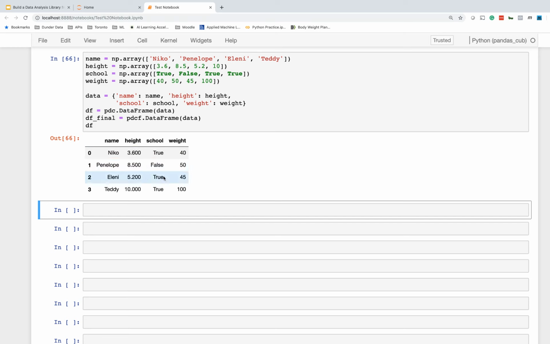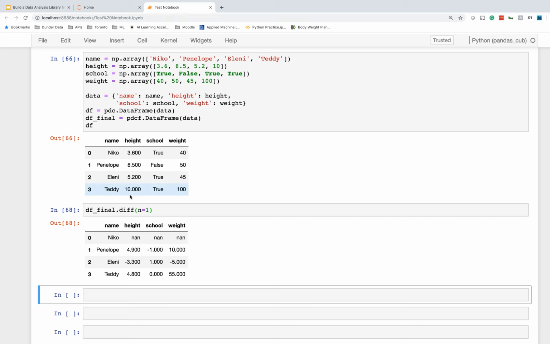So here it is. I'm going to call the diff method on this one, not df pandas, df final, called diff. By default, n equals 1. I will go ahead and put that in there just so we can see that indeed n equals 1. And I'm going to run this. So what happens here is, let's take the height column for instance. It's going to go through every value at a time, and it's going to subtract whatever the value is above it, and it will return that as the value for the new